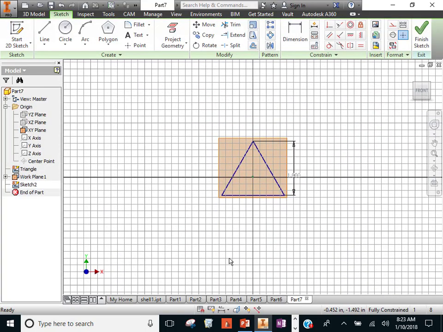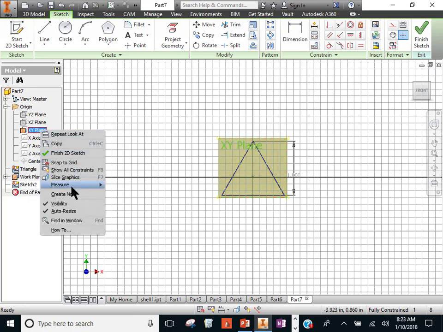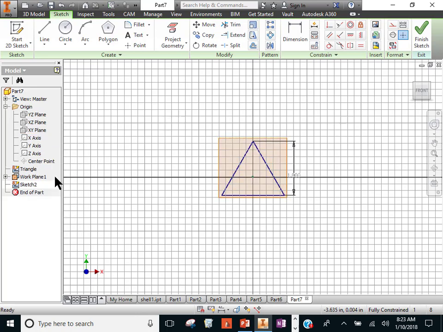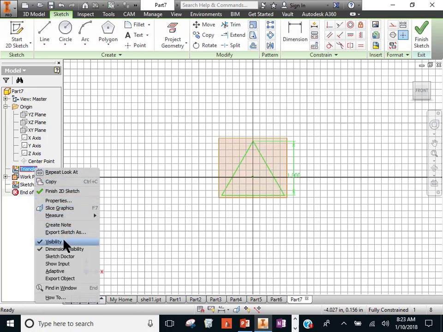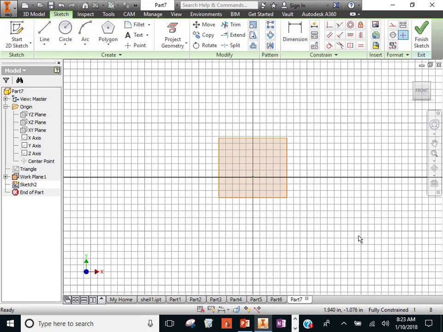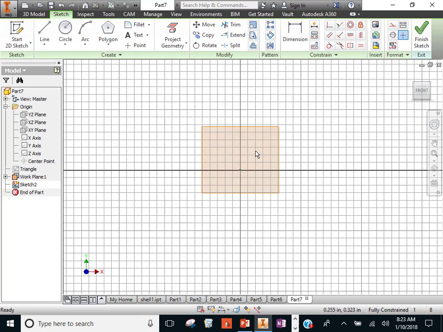But you can see this image is pretty busy. So what I'm going to do to get back to normal is right click on the XY plane and turn off its visibility. I'm going to go to my triangle sketch and right click, turn off its visibility temporarily, and now things are a little more normal. I do have this image of a plane where typically we haven't in the past, but that's okay. This is a plane that I can sketch on,